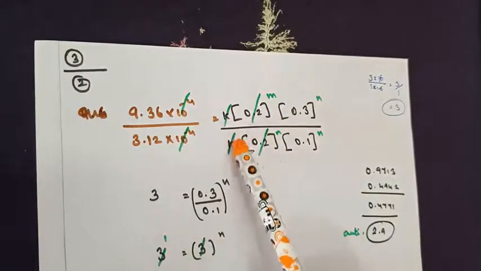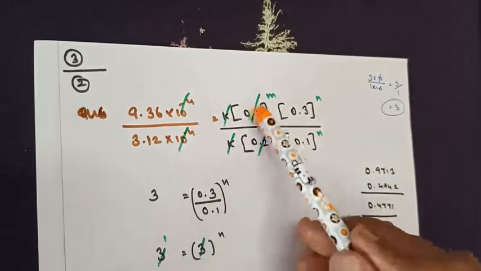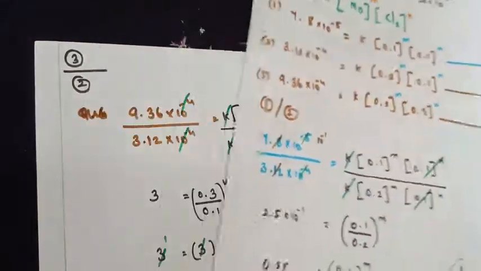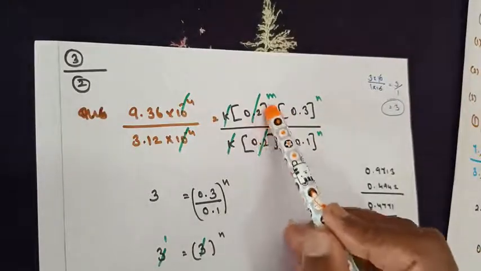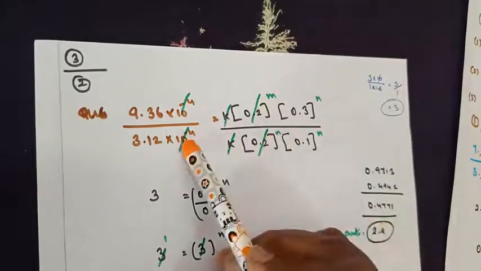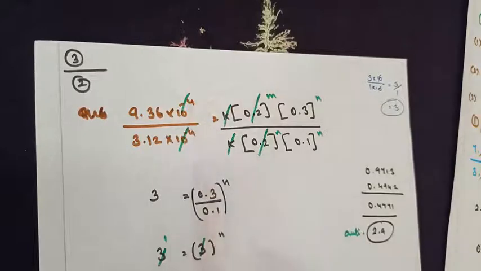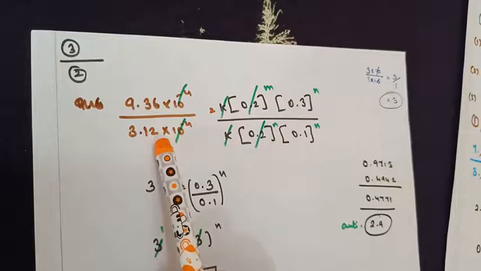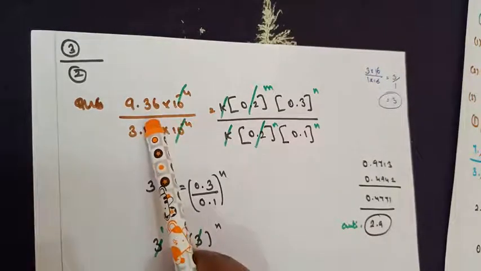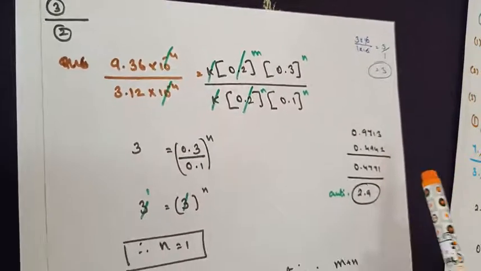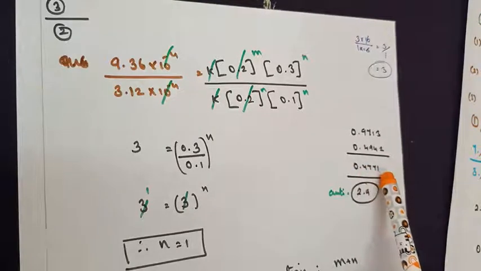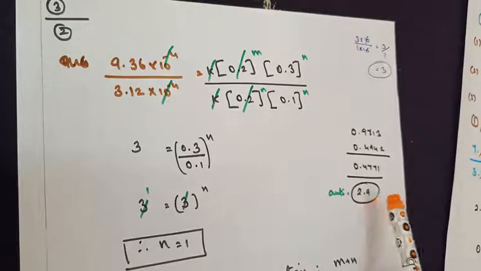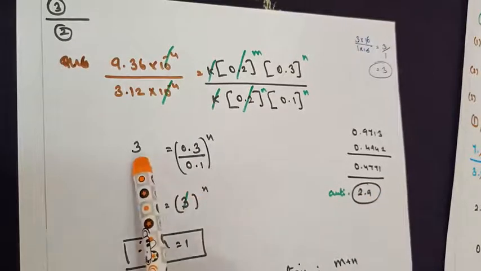You understand the concept? K and K get cancelled since m value is the same. In the previous question, you got the n value to be the same. In this case, m values are the same. They get cancelled. 10 to the power minus 4, 10 to the power minus 4 get cancelled. So, we are left with 9.36 and 3.12. Here again, either you can go for direct calculation or use a logbook. You get 0.4771. For that, when you take the anti-log, you get the value to be 2.9, which can be rounded to the whole number 3.